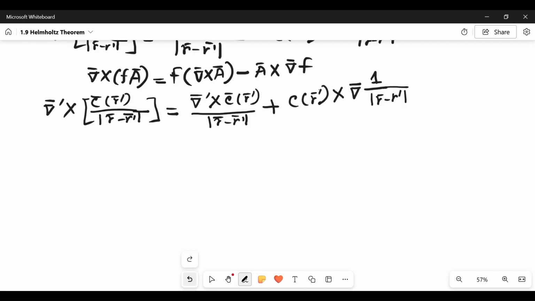Now the C cross gradient of 1 by modulus of r minus r prime will be